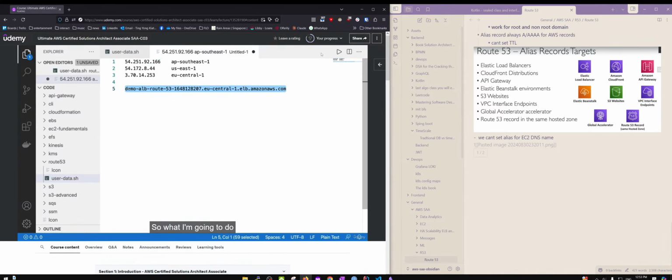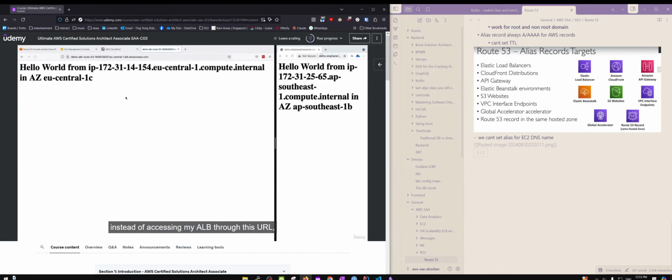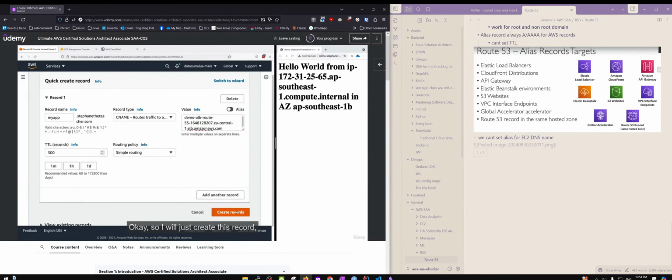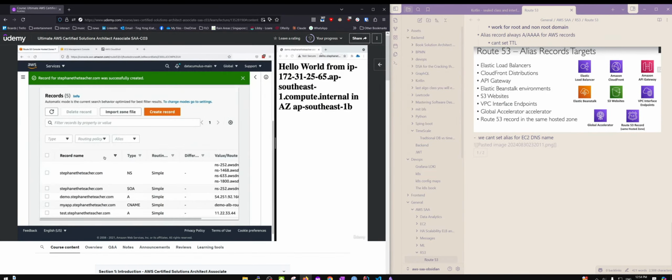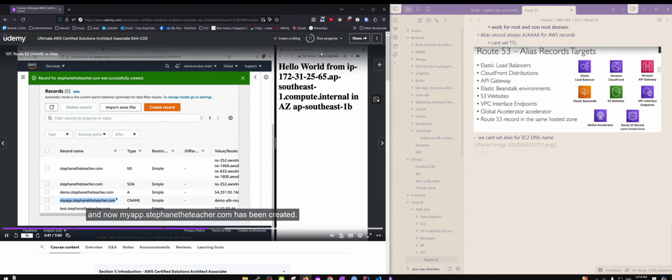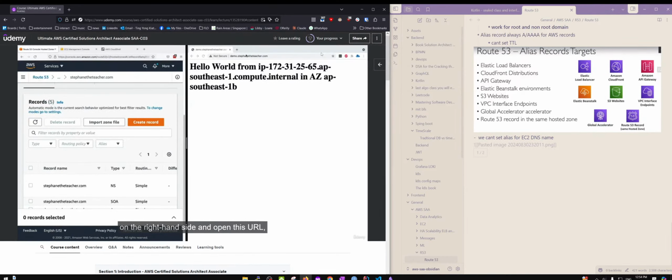So what I'm going to do is copy the hostname of my ALB and paste it in here. The idea is that now instead of accessing my ALB through this URL, I want to access the ALB through myapp.stefan.teacher.com. Okay, so I will just create this record, and now myapp.stefan.teacher.com has been created. And so if I go into my Chrome web browser on the right hand side and open this URL,